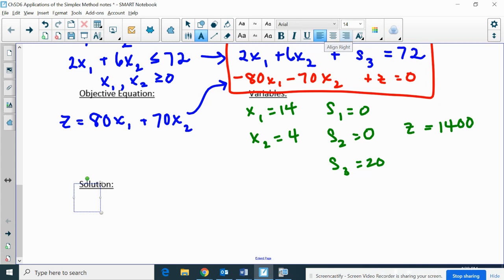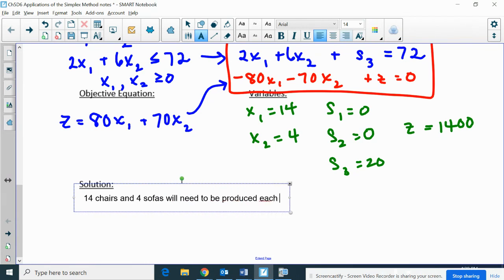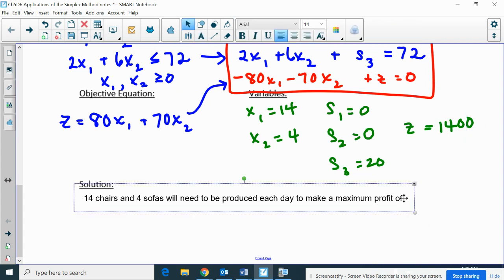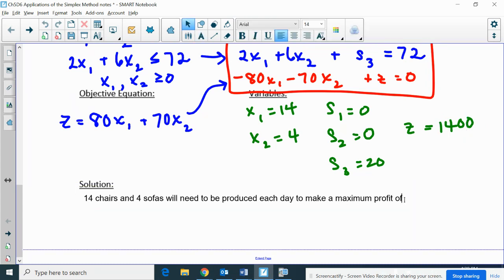So X sub 1 was chairs. So we need 14 chairs. X sub 2 was sofas. So 14 chairs and 4 sofas will need to be produced each day to make a maximum profit of $1,400. Whoops, what just happened? Maximum profit of